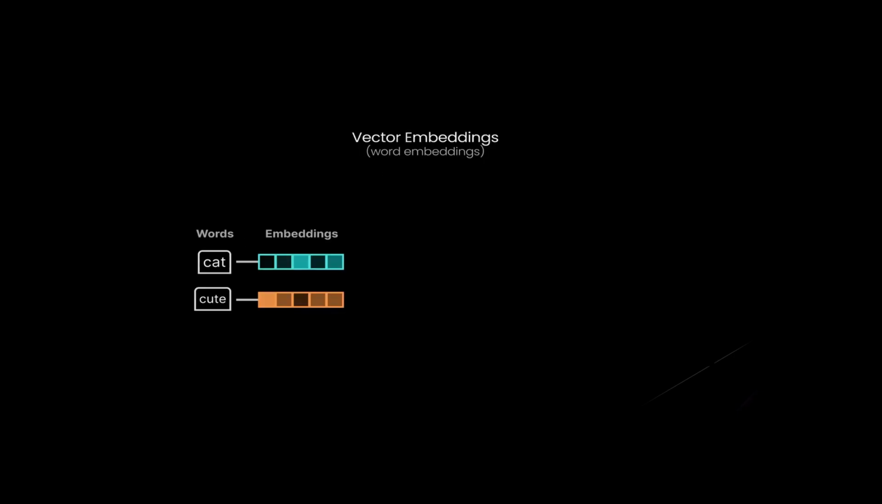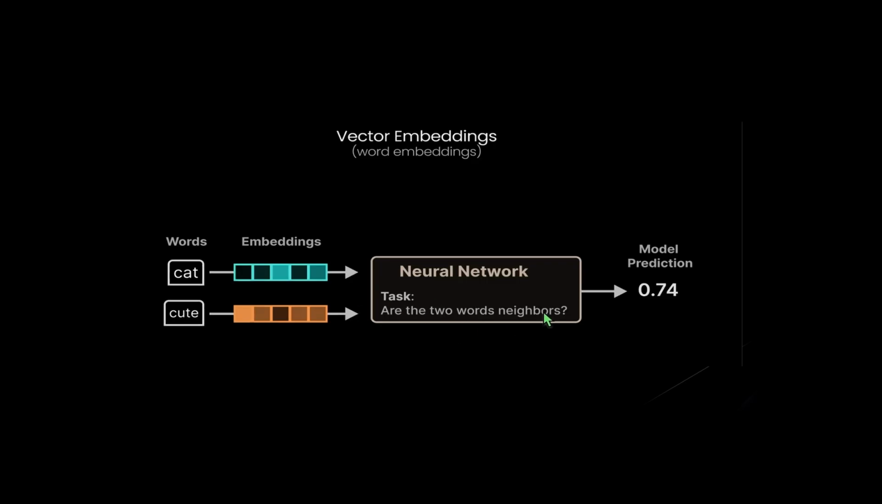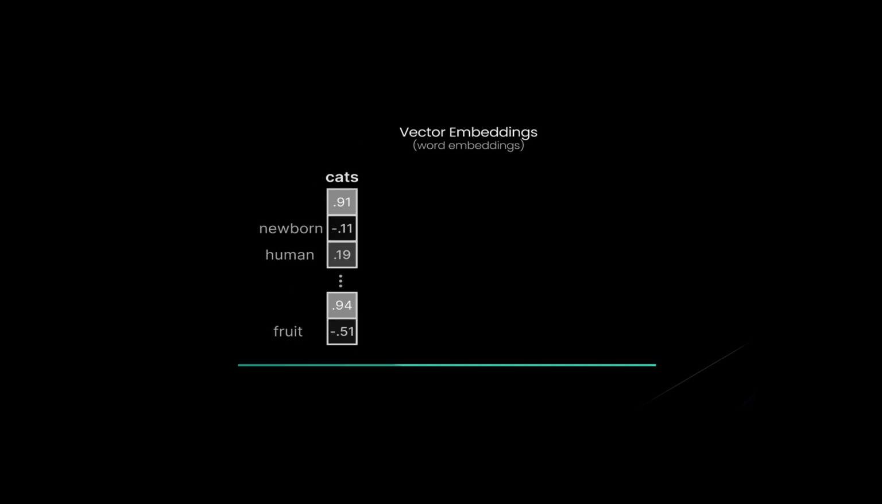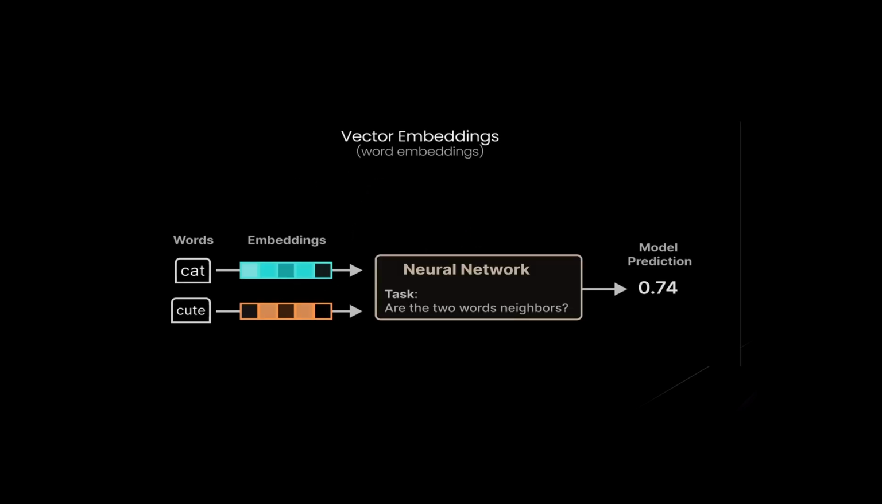For example, the words cat and cute often appear together in similar contexts, like in the phrase cute cat. After training, the model might determine that cat and cute have a similarity score of about 0.74, indicating a strong relationship between the two. In short, word embeddings help capture how words relate to one another, unlike bag of words,